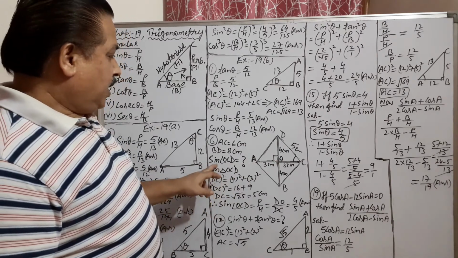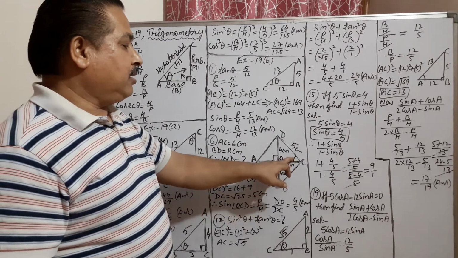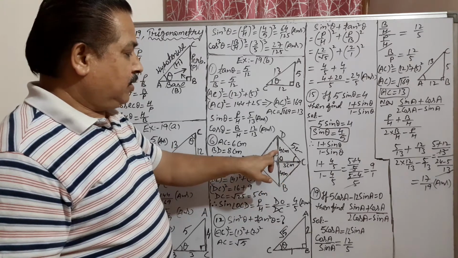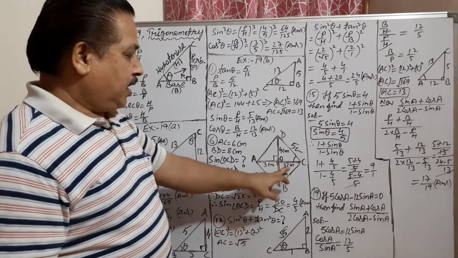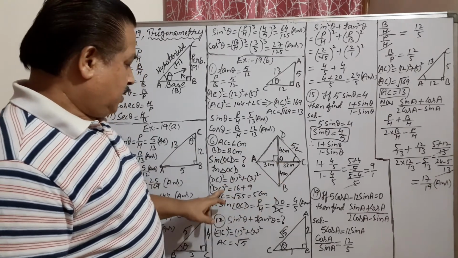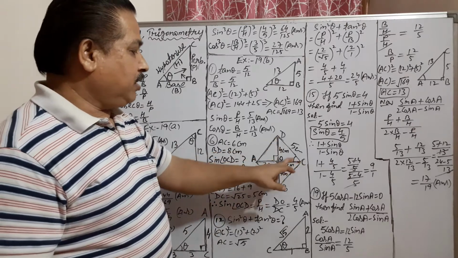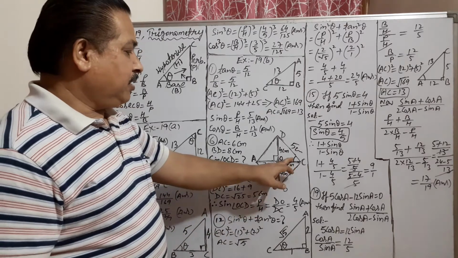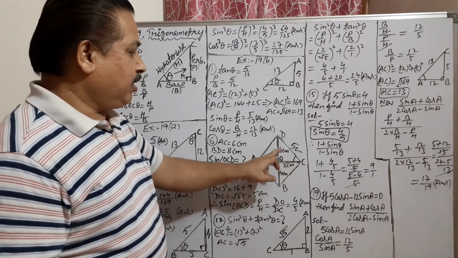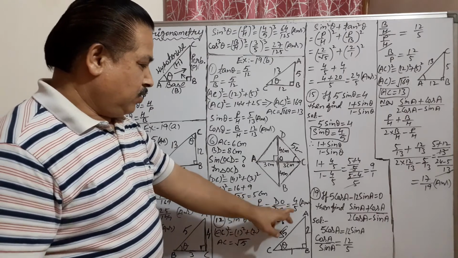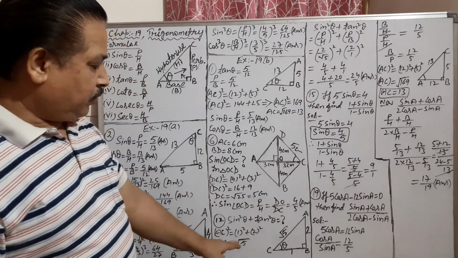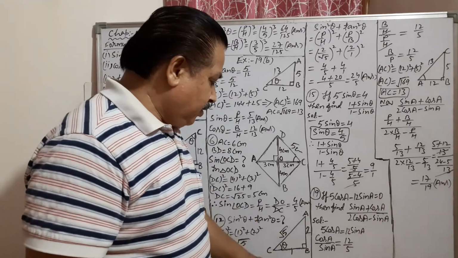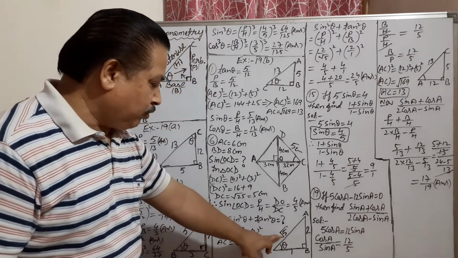Now find angle OCD. OCD is this angle. So take this right angle triangle. According to this right angle triangle, this is perpendicular, this is hypotenuse, and this is base. Use the Pythagoras, get the value of DC. 4 and 3 we know, so it will come as 5. So sine OCD, this angle, sine is perpendicular upon hypotenuse, 4 upon 5. See this. Now see question number 12. In question number 12, the diagram is already given. This value is given 2, this is 1. By Pythagoras, it will come out root 5.